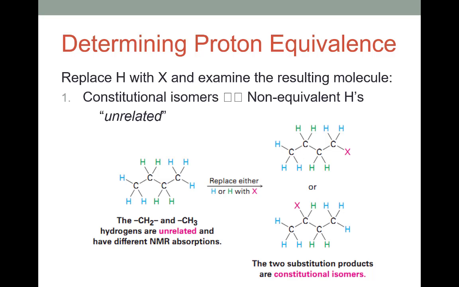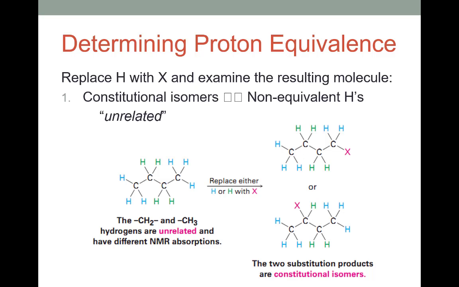Now the test that's being shown on this slide is maybe not necessary for butane, but it's a good test to be familiar with. We can do this sort of replacement scenario. If we imagine replacing a hydrogen with something else, some other atom, X, whatever, and we look at what happens when we replace those, we can compare the 2 molecules that would result. So what's being shown here is if we replaced any one of the blue hydrogens with an X, we would get this top molecule. If we replaced any one of the green hydrogens with an X, we would get this